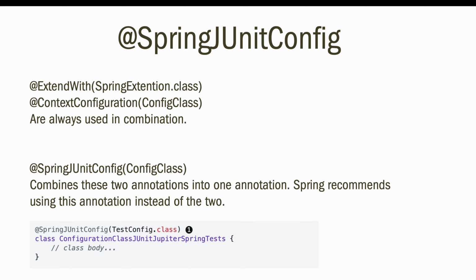Then you also use it in combination with @ContextConfiguration, and then you pass that a configuration file, which could be a class or an XML. Then we see that these two are enough to help you set up a test context, which is an application context that is peculiar for your testing